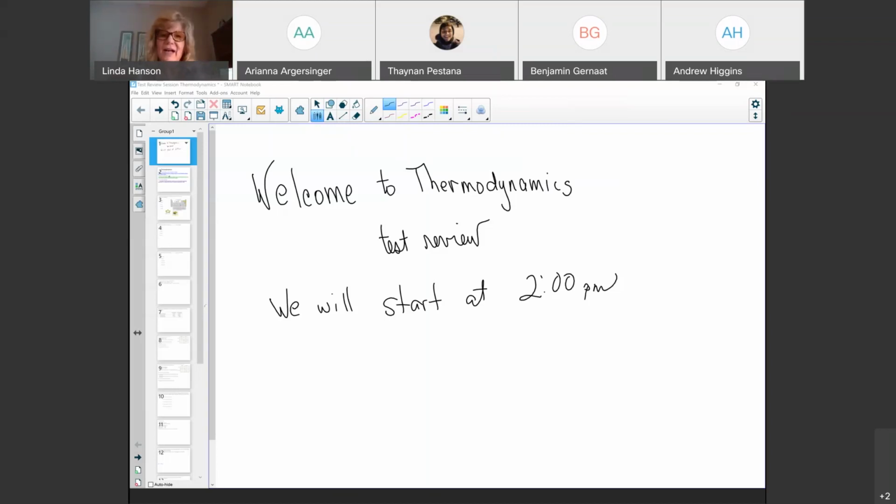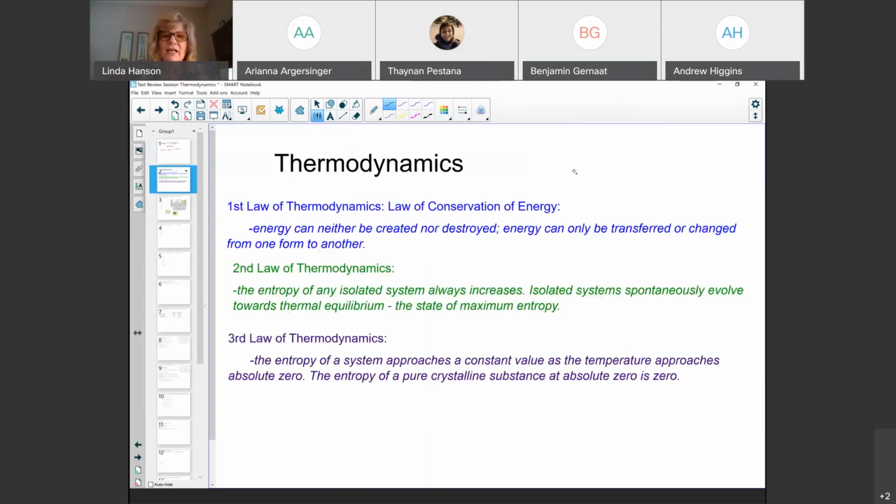So I put a slide together to remind us that our topic is thermodynamics, and I wanted to make sure that you have in your head a good working knowledge of that vocabulary. There are test questions that will ask you specifically, what does the first law of thermodynamics say, or what does the second law or third law respectively? And so I just pulled this from two sources. One of them is from our note pack, and the second is just from your textbook. So these are like classic definitions that you're probably familiar with just from having to write them down.